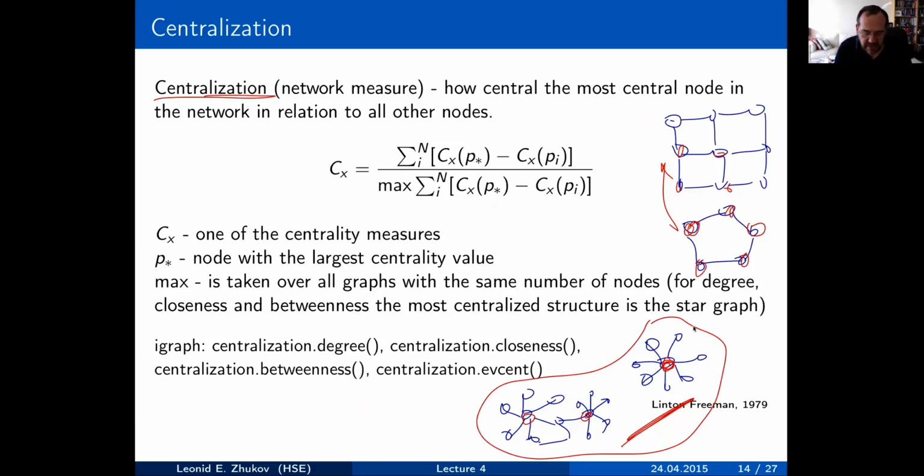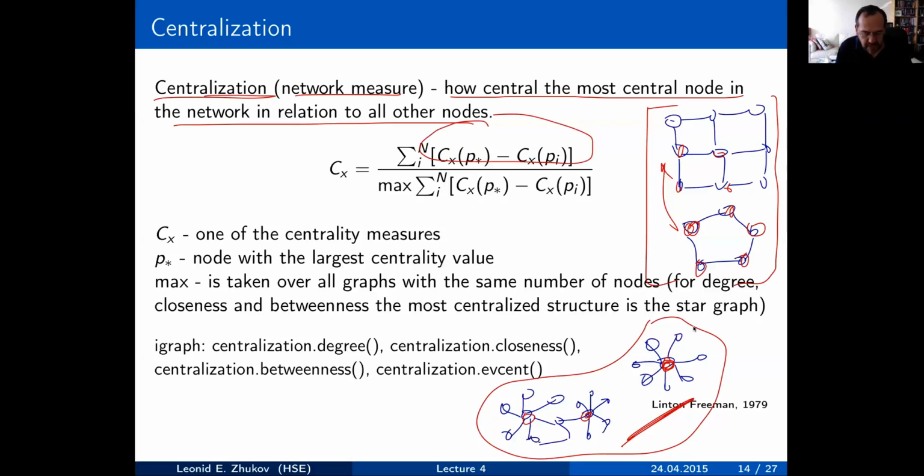And those graphs where nodes are pretty much all similar in terms of their roles and positions have low centralization. And so centralization, as a measure or a metric, is a network metric, so it's computed for the entire graph. And it's defined usually the following way. It is how central the most central node is with respect to the other nodes. And so technically, it's computed as a difference of centralities for every node,